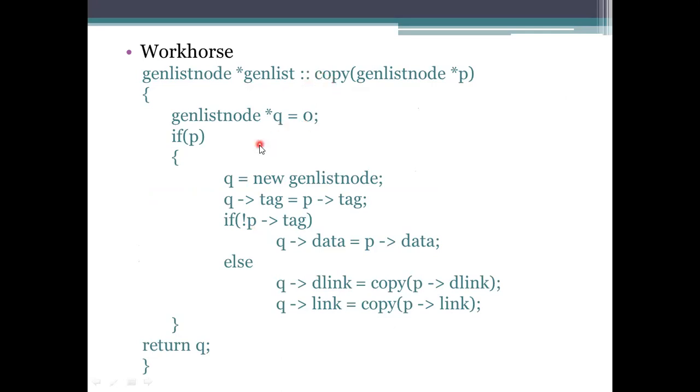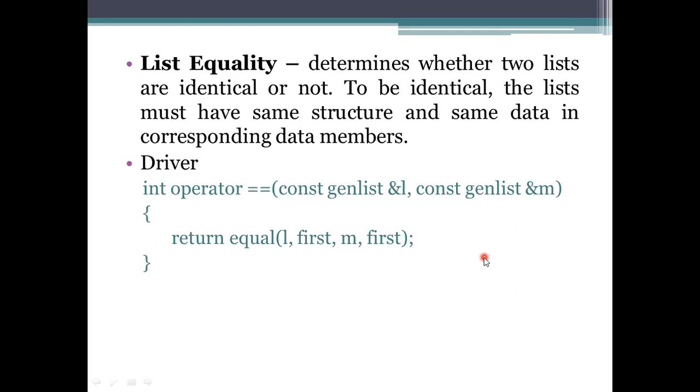Here, the generalized list that you have taken, whether it is empty or not, we need to see. If it is empty, just leave it. If not, what happens? If it has some elements here, process these elements from one list to the other list, and we need to take the tag into account, whether it is an atom or a list. We need to consider that, and then we need to forward these, means we need to copy these elements into that one.